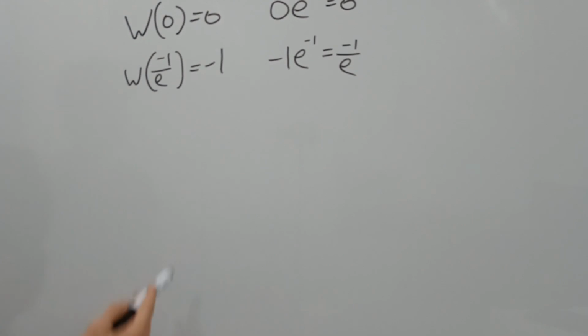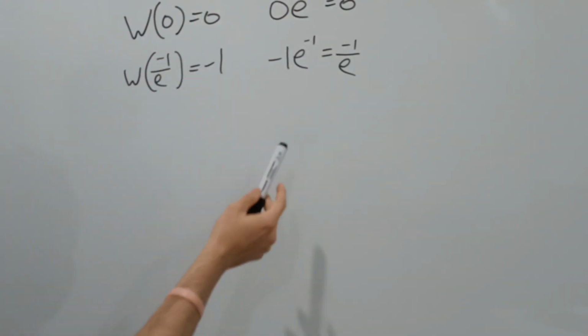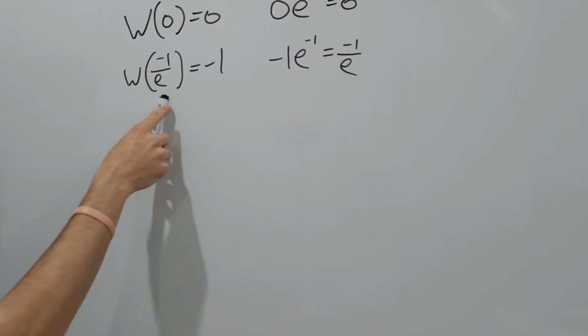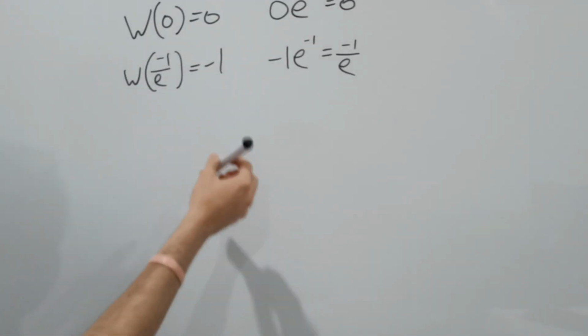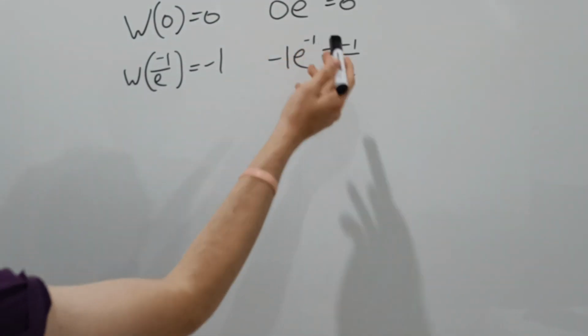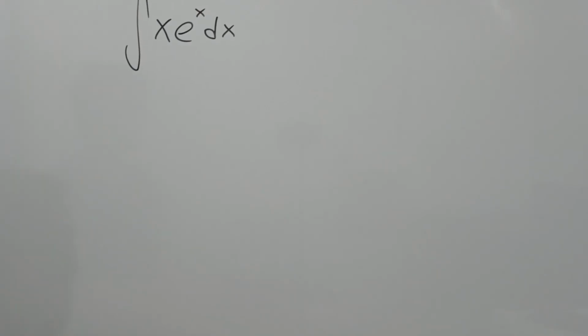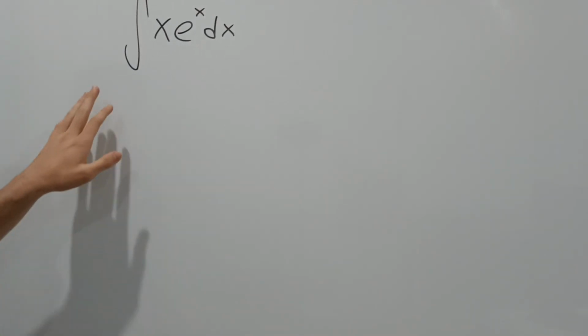Some more examples: W of 0 equals 0 because 0 times e to the 0 equals 0, and W of negative 1 over e is equal to negative 1 because negative 1 times e to the negative 1 equals negative 1 over e. Before we get into the integral of the W function, we first have to solve this integral